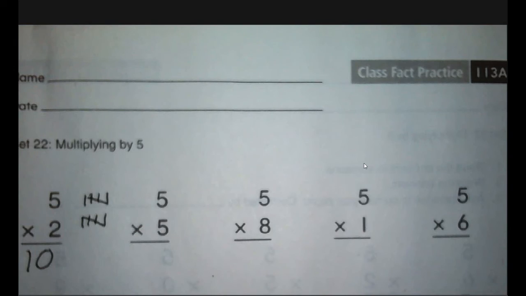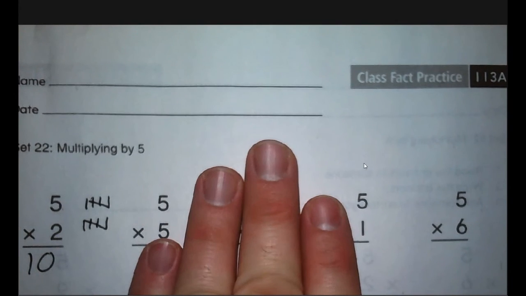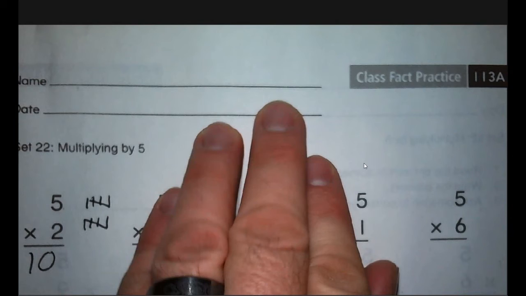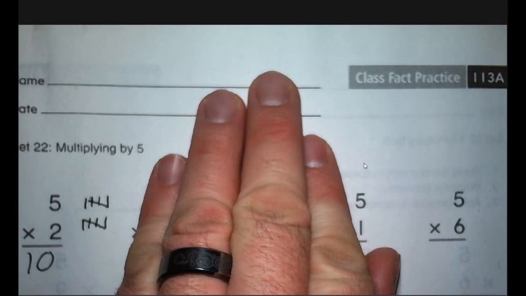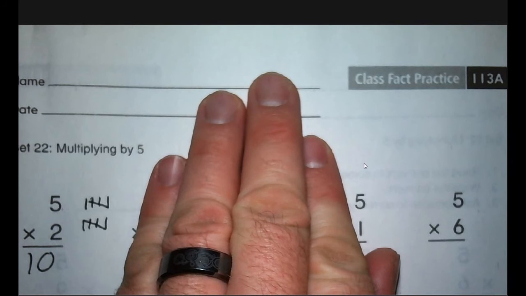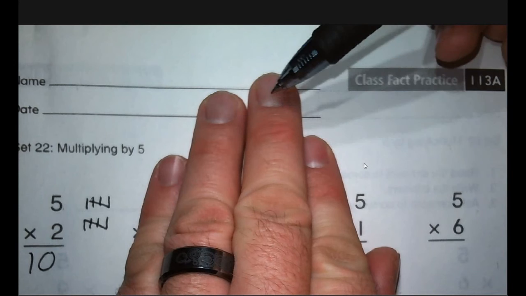Get the thumb in there. There we go. Okay. So, each finger is going to be 5, all right? And we're just going to count by 5s. 5, 10, 15, 20, 25. So, we know now that 5 times 5 is